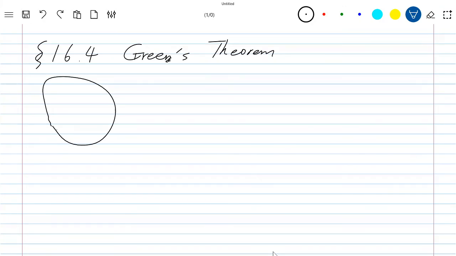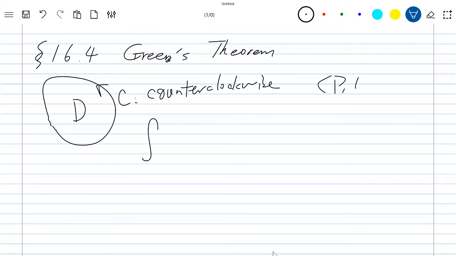The theorem says if you have a line integral over a closed region that's called D, and the curve around it is called C, and this C must be counterclockwise for the theorem to hold. Otherwise, if it's the other way around, then the theorem would have a negative sign. So the theorem says if you have a field that's called PQ,